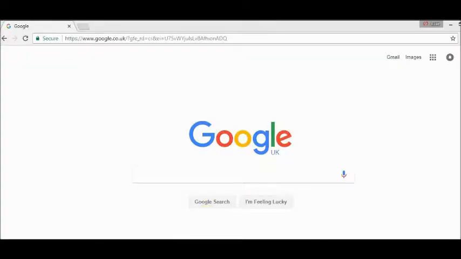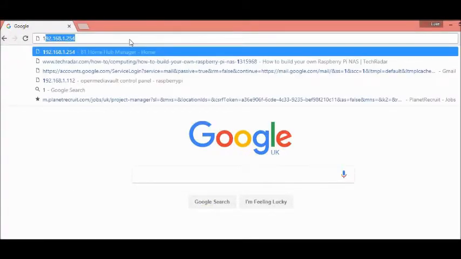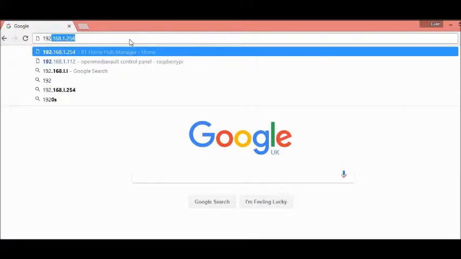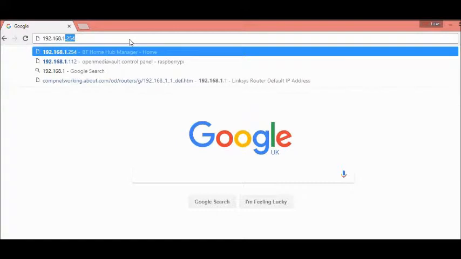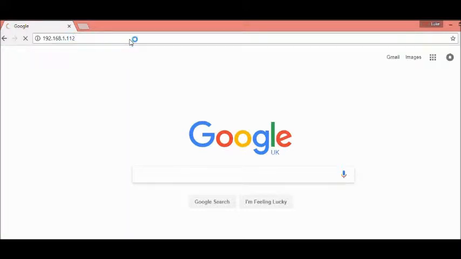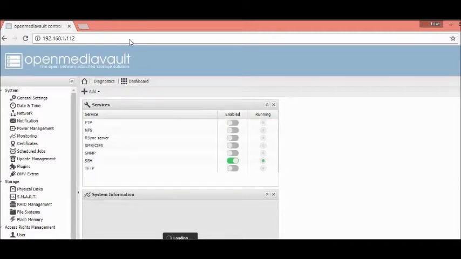Right, power on. The red light will come on and then the green light. After you've flashed it onto your SD card, you want to find the Raspberry Pi. The Raspberry Pi must be connected onto your network, and you can find the IP address, but usually it's something like this: 192.168.1.112. You may have to log in, and that is admin and password. And what you want to be doing here is looking for